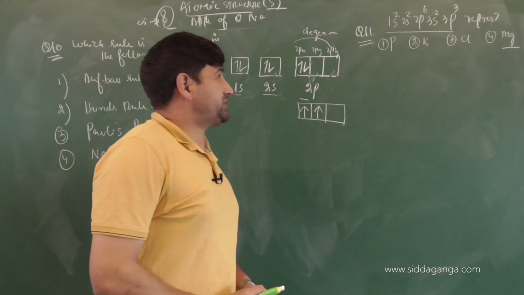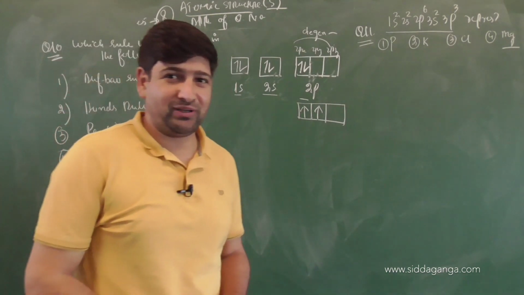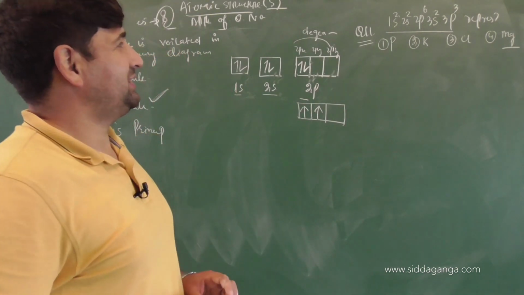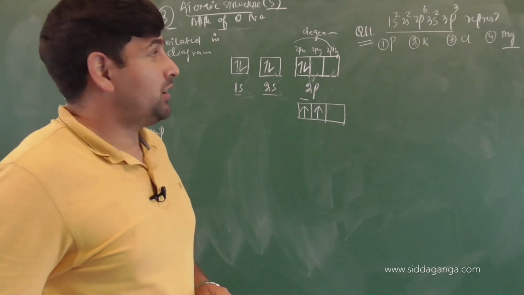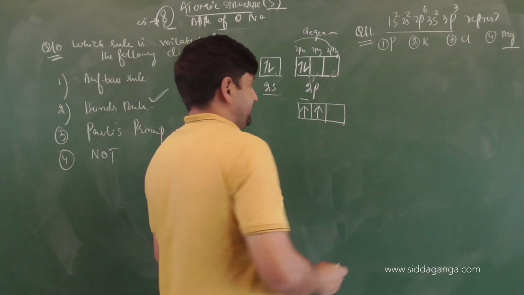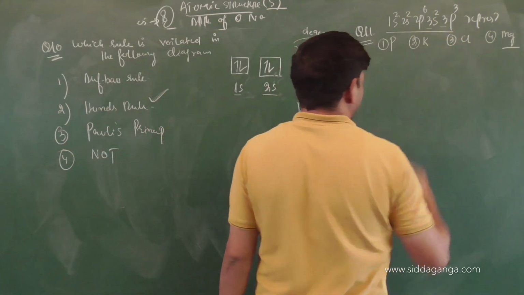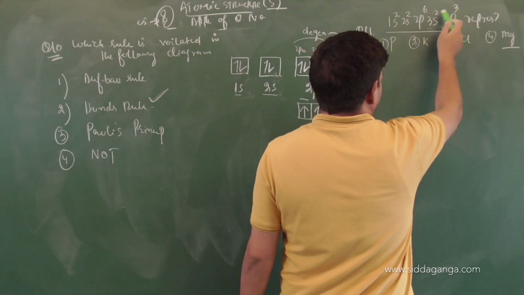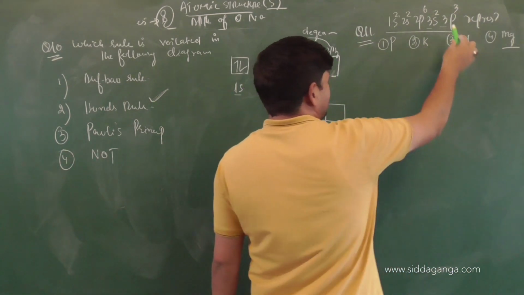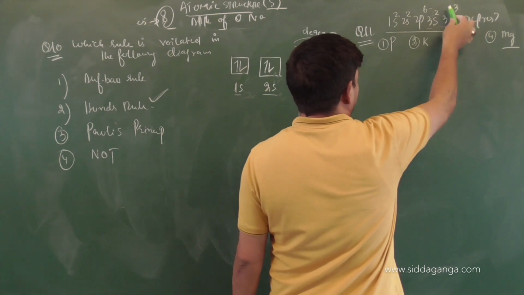Have a look at this. This is quite a simple question because you have been doing complicated problems. Let me ask a simple question. So this electronic configuration will represent which of the following elements? Now you can see the outermost electron is going in 3 and the total number of electrons in the valence shell are how many? 5. So P is having how many electrons here? 3. So count the number of electrons.